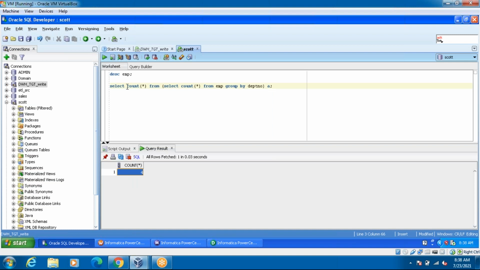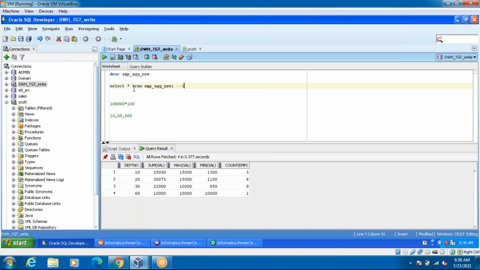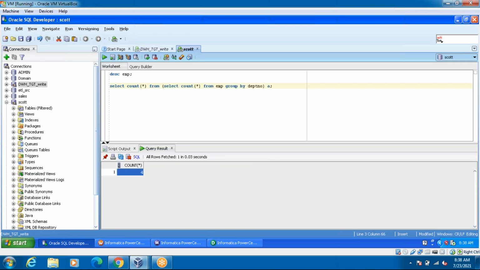If I want to match this, you have to take this screenshot. For each and every test case, you have to take the screenshot, guys. You have to capture the screenshot and maintain it in a Word document. You can copy paste or save in JPG format or anything. But for each and every query you have to take the screenshot. It will be evidence. If you do the count star here, it will come as 4. If you do the count star here, now I got 4 after applying the department number group by based on the logic. So now the count is matching for us.